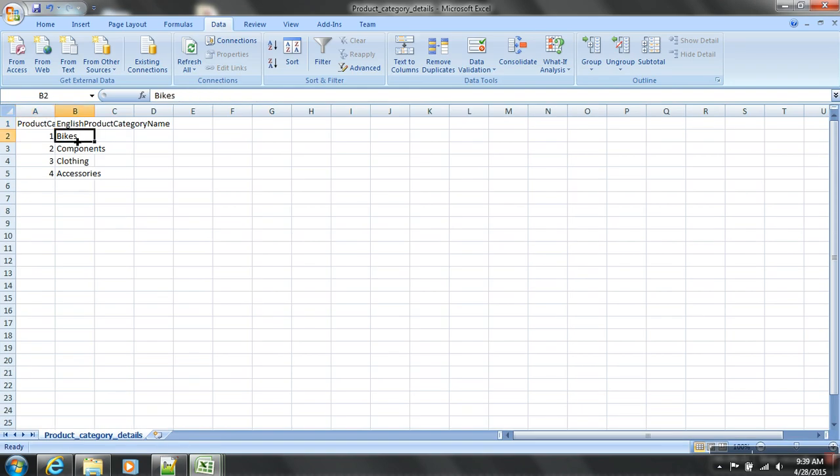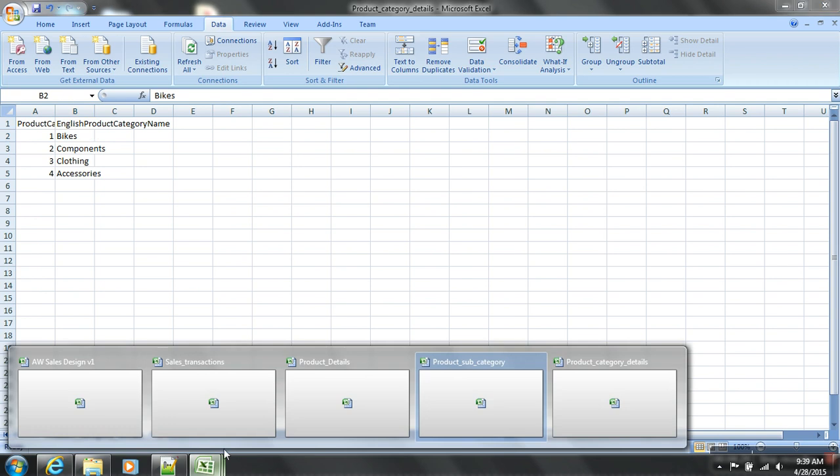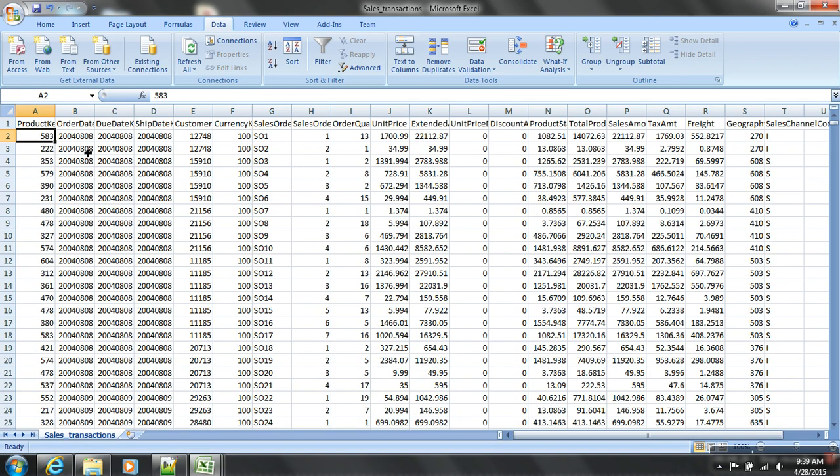So they have got a category called bikes. Under bikes they have got subcategories. Under subcategories they have got products. And this product was involved in the transactions. That is fine. Clear? Okay. They have a link like that. That's the product information.